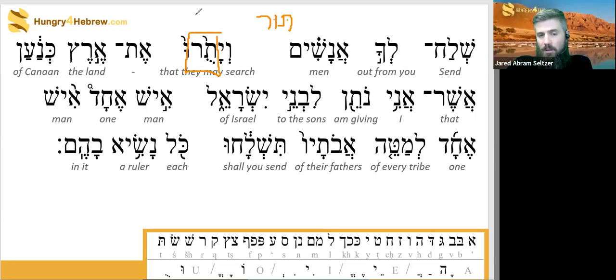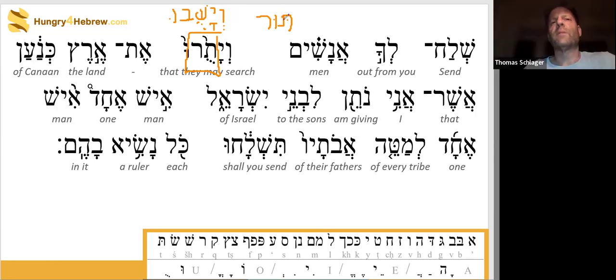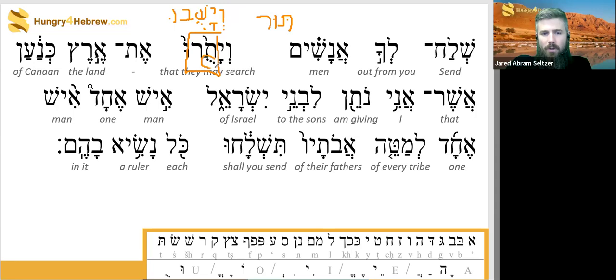If you want to use a root that you're more familiar with, try v'yashuvu. Doesn't it appear the same way? V'yashuvu, and they will return or come back. Here it's tav, vav, resh. That's preserving the vav right there, at least as a vowel. And it means something like run reconnaissance. So here, that they may search out or run reconnaissance at Eretz Canaan, the land of Canaan.